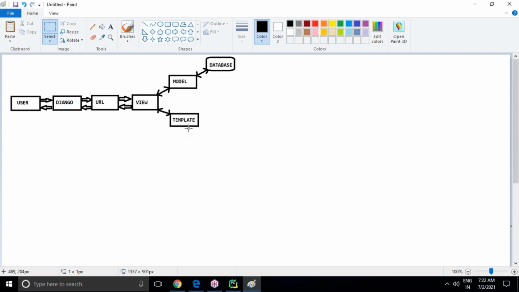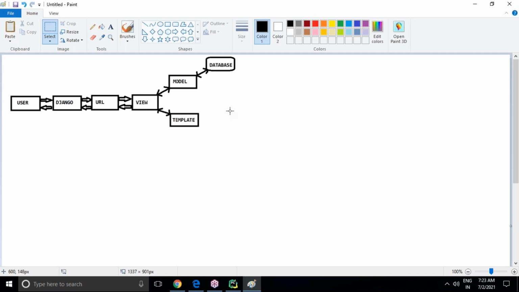But later we'll go with template and models. Template is nothing but user interface. Model is nothing but a database class, creating the database and storing the data into the database. And view is very important to interact with the model or to display the result in the template. Compulsorily, through view only we can process. Without view we can't do it.